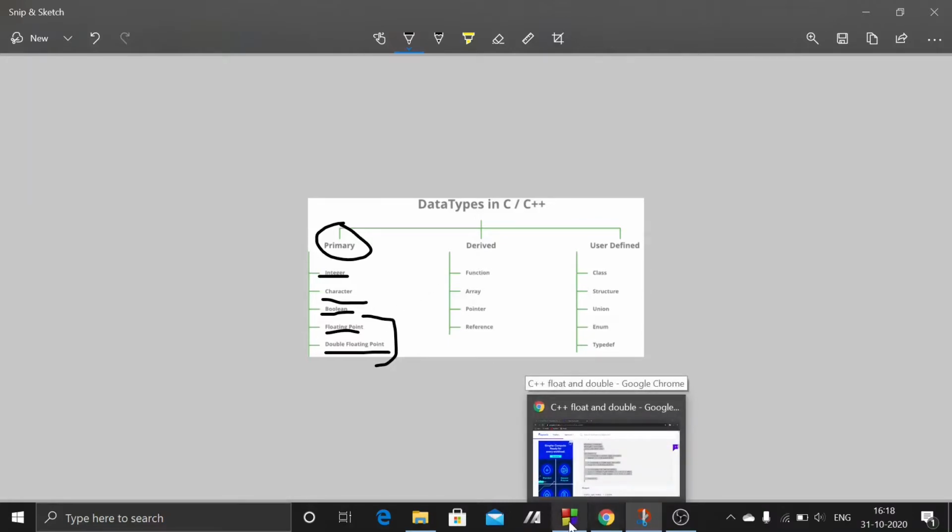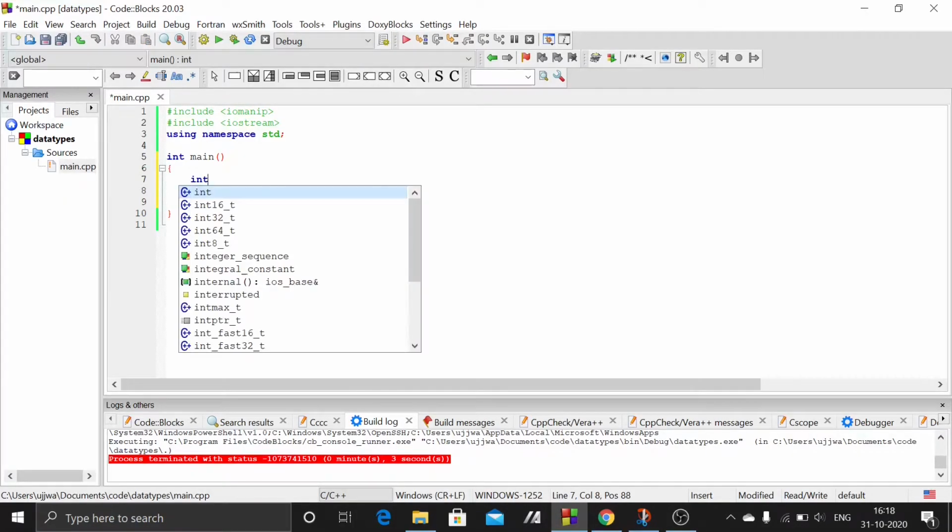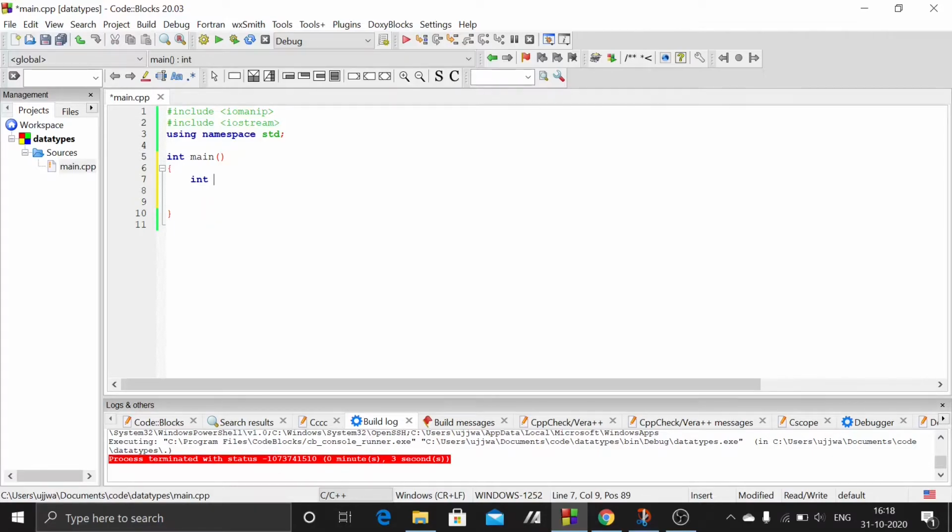Now we'll look at some programs that implement these data types. First of all, we'll look at int, and we'll take two variables, int a and b, and we will ask the user to enter the value of both a and b. So, enter the value of a and b, and we'll shift the control to the next line.